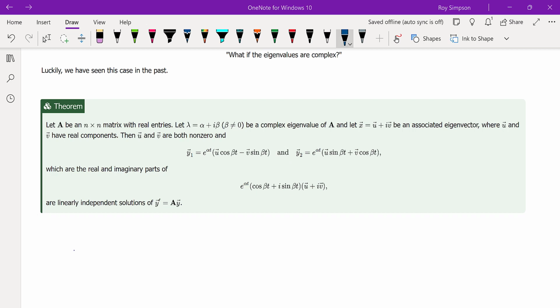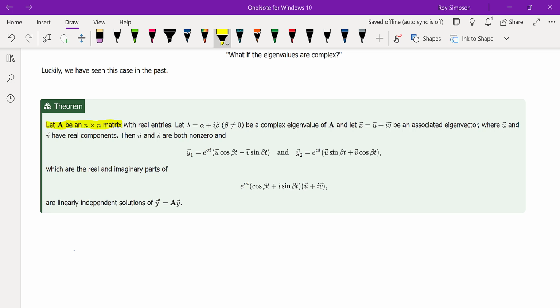Now, I kind of like how the author does this, but I kind of don't. But I do kind of like it. I think he's really done a great job making it as succinct as possible, because this can be a little bit confusing, I think, for most people. But the way he approaches it, I kind of dig. So let's talk about this theorem right here. We're going to let A be a square matrix. Remember, every single time when you're dealing with